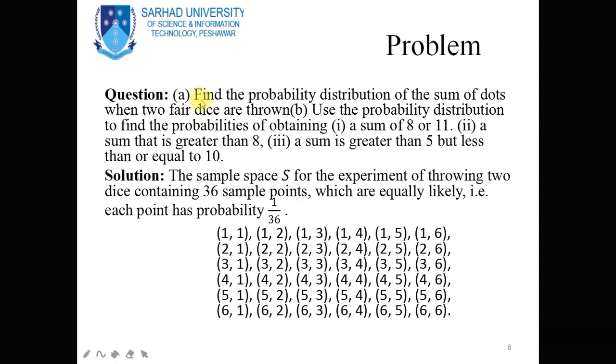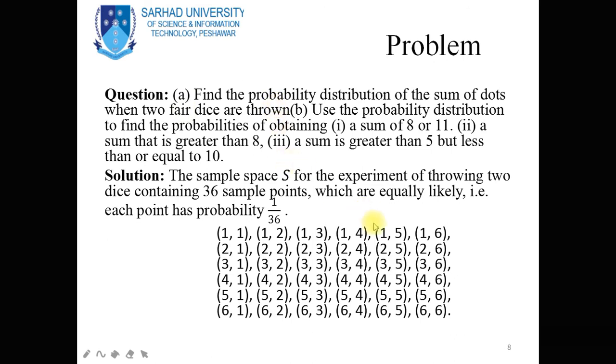Now another example: to find the probability distribution of the sum of dots when two fair dice are thrown, and part B, use the probability distribution to find the probabilities of obtaining: number 1, a sum of 8 or 11; number 2, a sum that is greater than 8; number 3, a sum that is greater than 5 but less than or equal to 10. Now dear students, the sample space for this experiment, when two fair dice are thrown,